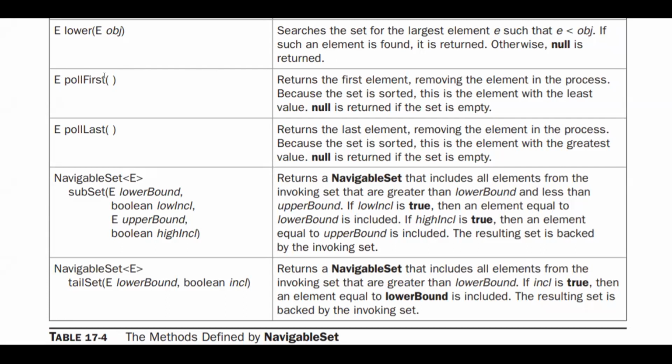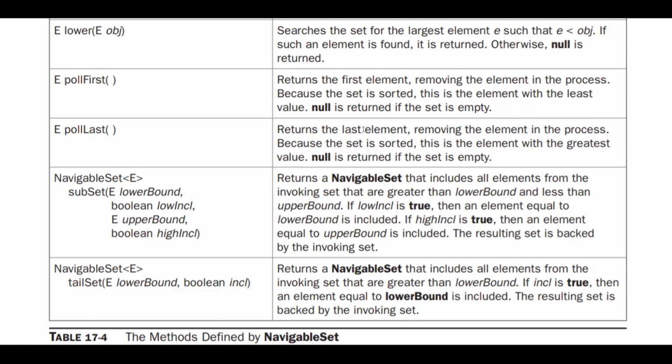Then the pollFirst method. The pollFirst method returns the first element, removing the element in the process. So it returns the first element, and along with that, that particular element will be removed from the set. Because the set is sorted, the element with the least value will be returned, and null is returned if the set is empty.